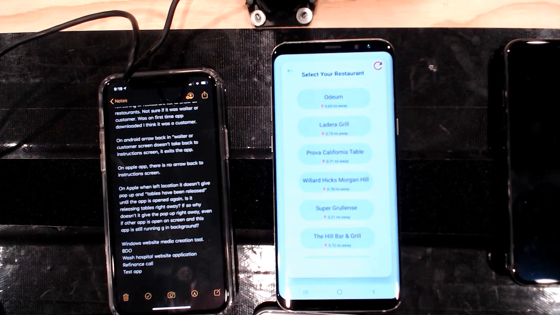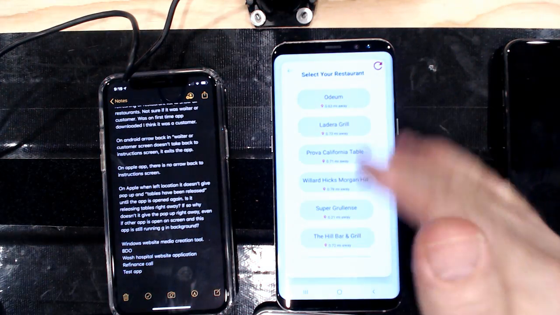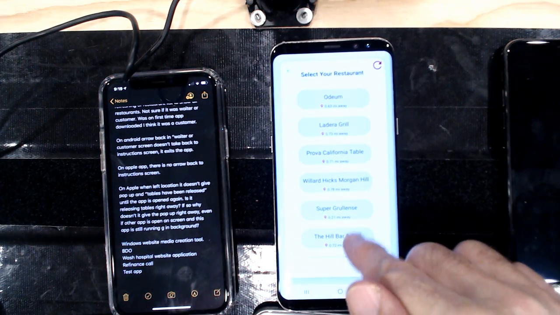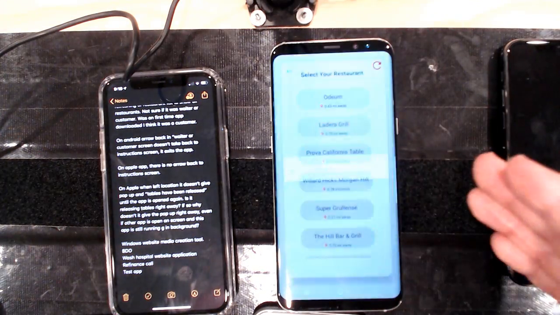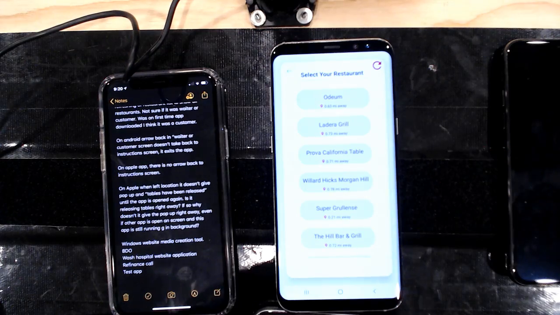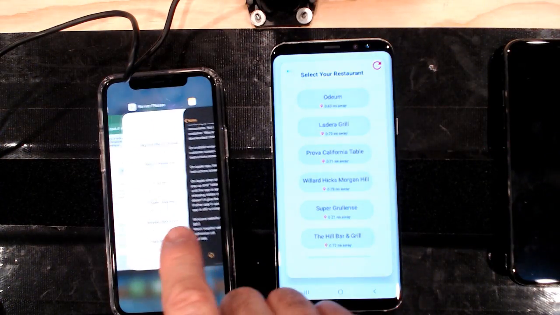Okay, this is hopefully a short video that's showing on Apple and Android. Now, this list didn't refresh until I just went to the app, and then it did. So I wish I had that video like this. It did that. So now on Apple, though, this